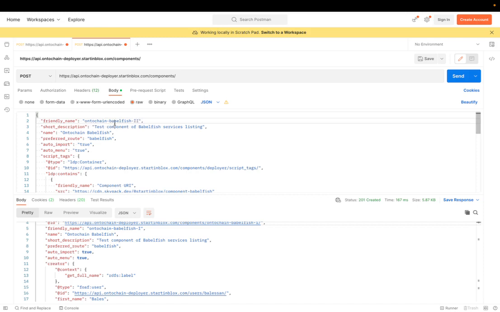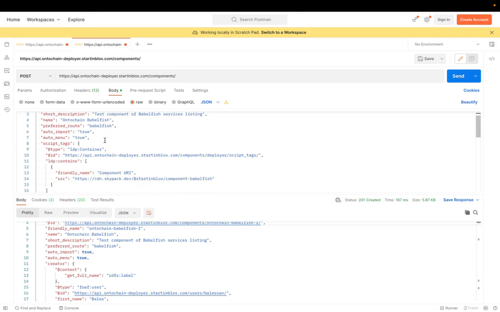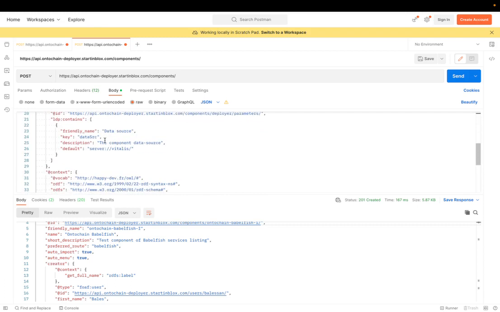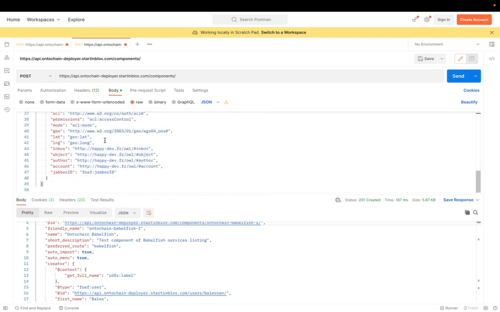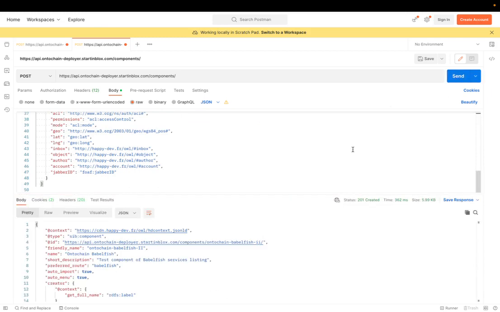So in that case, it will be Ontochain Babelfish 2. A short description, so test component of Babelfish services listing, etc., etc. So I'm not going through them all. But again, all this can be found in the documentation. And if I submit this, I get back in return the